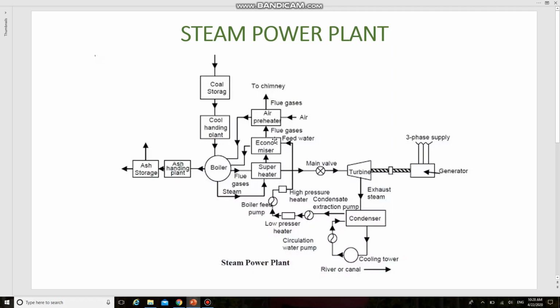So this is 100% important. If this question is asked in a university, it will be asked for 13 marks. So the circuit diagram is a must, and you have to explain the four circuits involved in a steam power plant, and the working principle, character